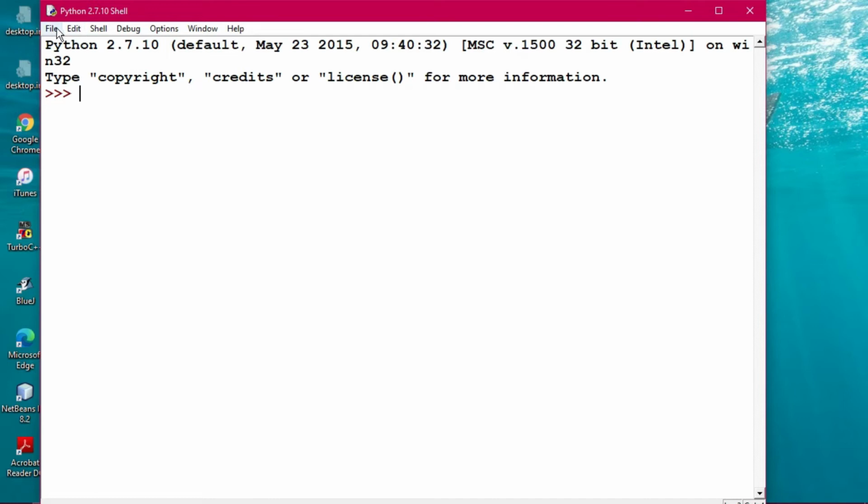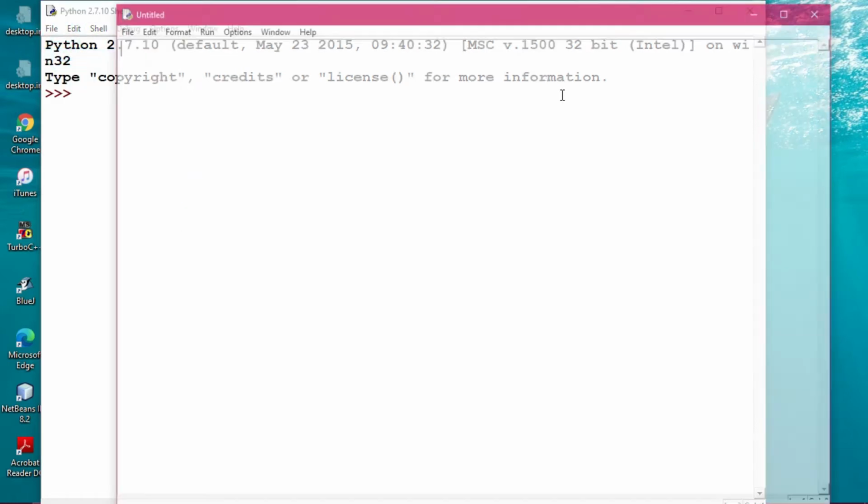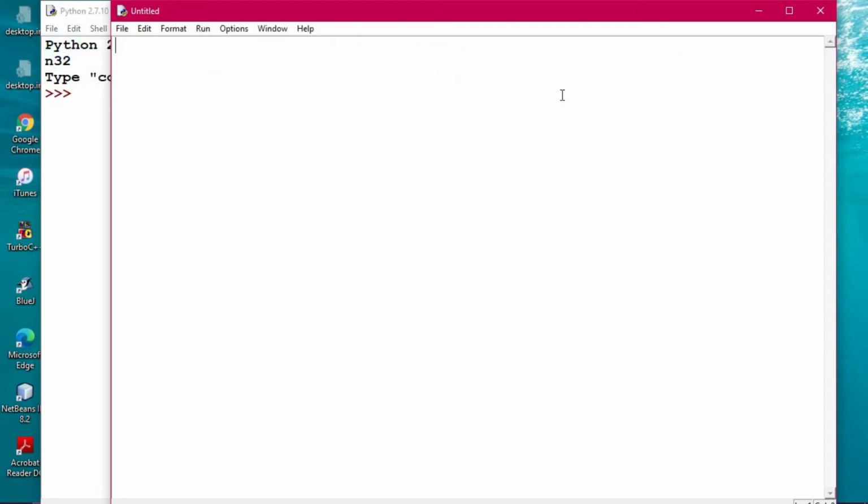So let us open one file, a new file. This is a program to input the total number of sections and stream names in class 11 and display all the information on the output screen. This is the purpose of this program. So we are creating a dictionary out here.